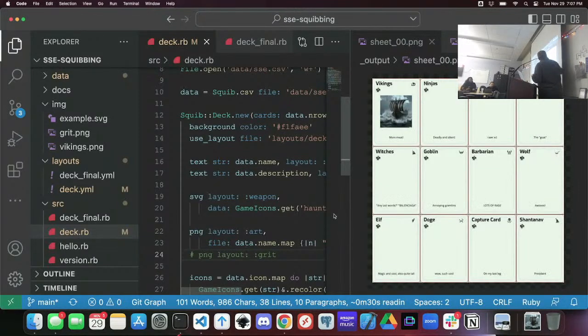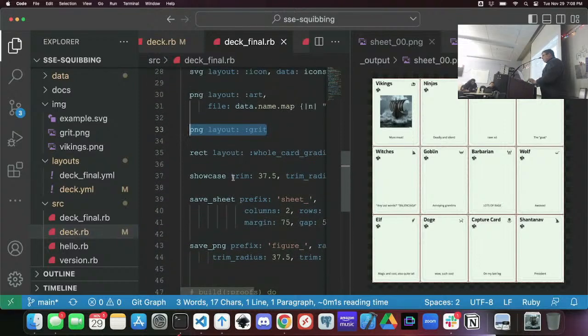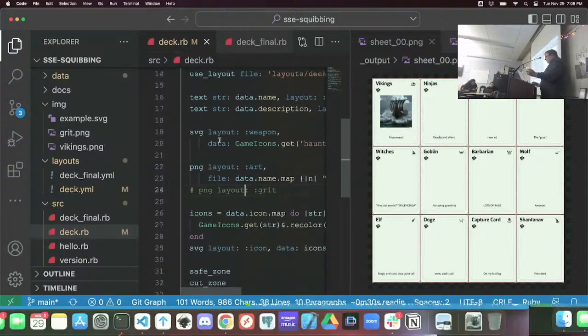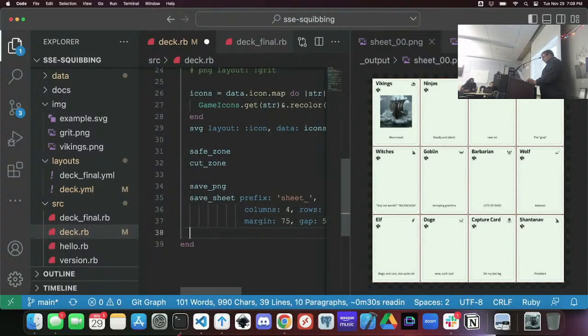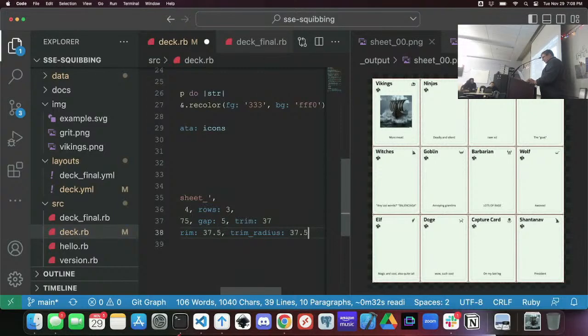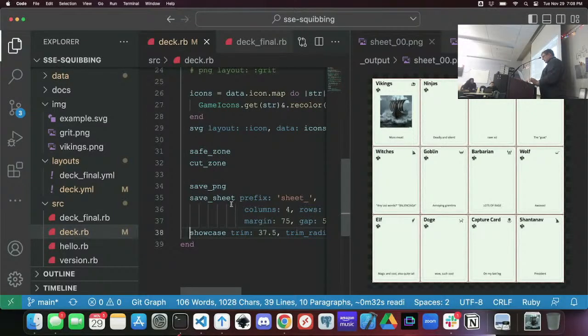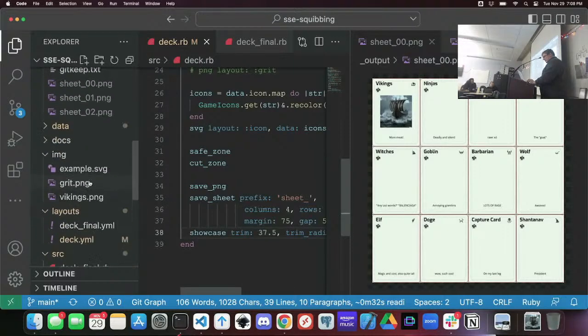So there you go. Now we got all these icons, right? Let's see. What else did I want to show you? Yes, you can save them into sheets. You can save them into PDFs. Oh, yes. Here's another one. So let's say you want to make it look like it was made by Apple. I have this thing called Showcase. Come on, Showcase. Okay, and it actually might be with this many cards it might